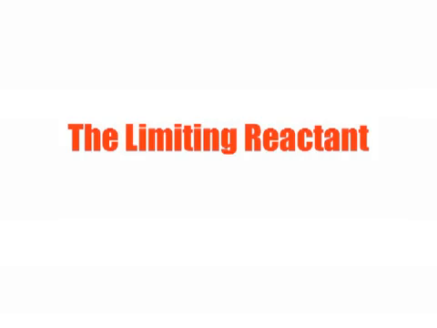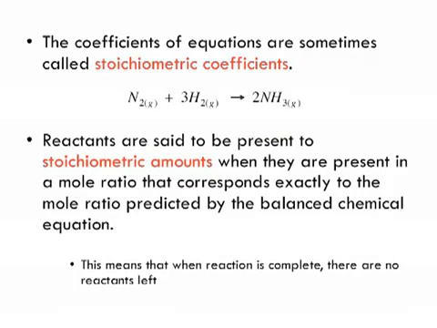The limiting reactant. The coefficients of equations are sometimes called stoichiometric coefficients. So these numbers that we're looking at in front of each one of these compounds, we looked at them way back when we first learned about chemical reactions, we knew it meant that we had 2 of these, 1 of these, maybe 5 of those. But we realized that there's a relationship that we can use in terms of a mole ratio. So how many moles of this to how many moles of that to produce X number of moles of a